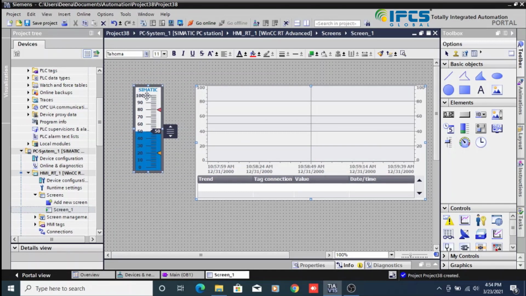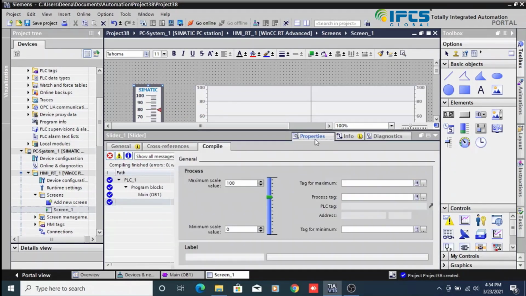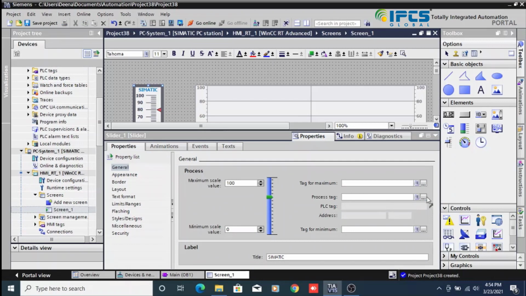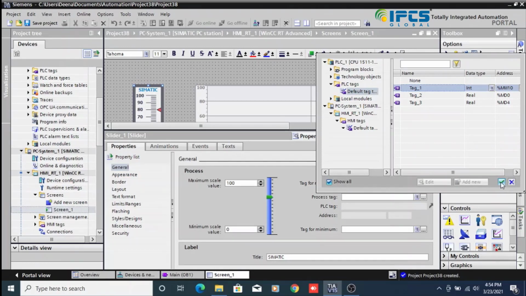After that I am going to add the tag for the slider and trend window. In that slider I am going to the property. In that property the process tag is my analog input tag, so I am going to the PLC tags. In the default tag table I am going to add my analog input tag here.